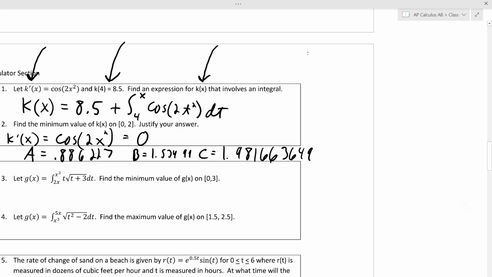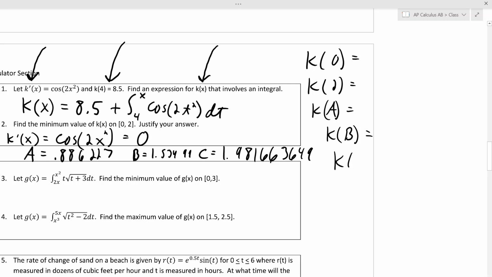All right. So all I got to do is find k of 0, which is an endpoint, k of 2, which is an endpoint, k of A, which I can write, that's an A, by the way, in my scribble. Let me fix that, make it look a little nicer. K of B, which is going to be a minimum, right? And k of C, which is a max, but we're just going to find them all anyway. So the way I'm going to find this on my calculator,